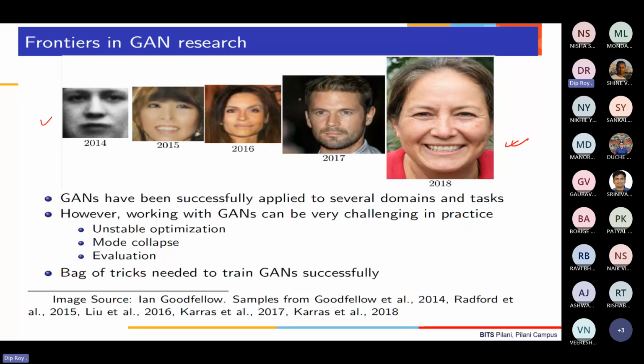And so you see that the quality of the generations have improved so much. All right. But the whole problem with GAN is mostly related to training. And a few other things. So one obviously is the unstable optimization. Because you are doing a min max game, the optimization is unstable because you are doing a gradient ascent and a gradient descent, and both are diverging. So it tends to oscillate a lot. All right. Then there is something called a mode collapse, which we'll discuss. And obviously evaluation of GAN is also not easy.